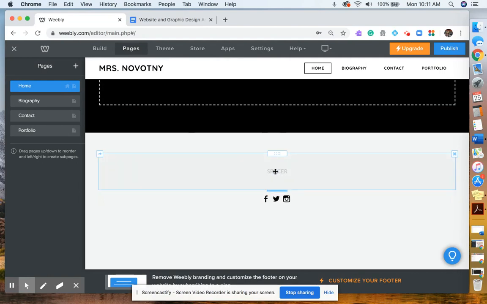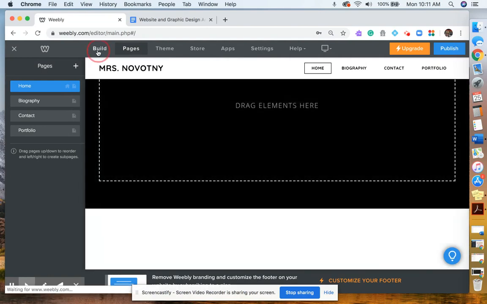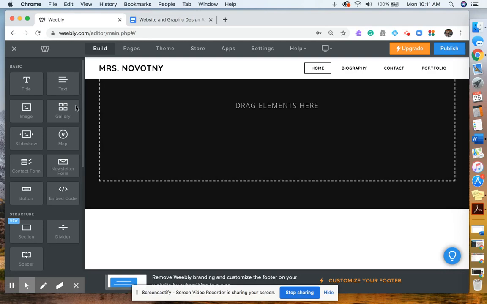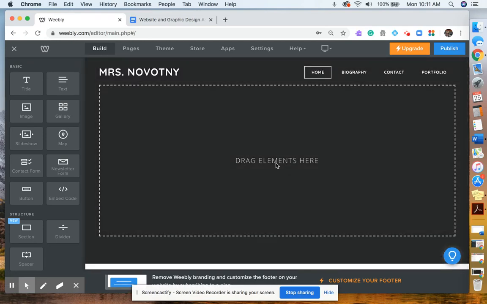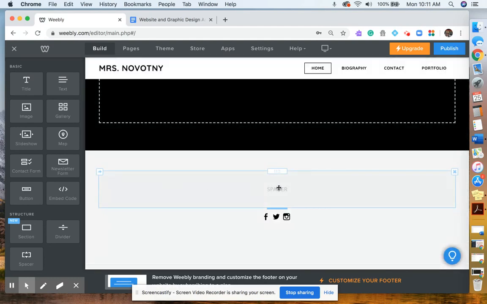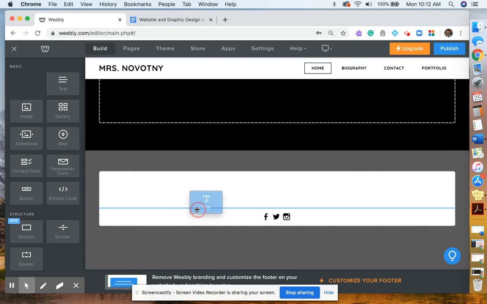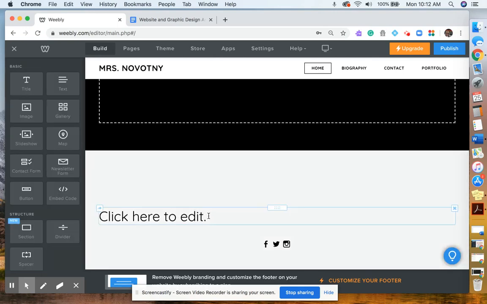could at some point. Notice here on your build page, you have the option of dragging in different elements. So if I wanted to put something here, which I'll show you in Canva tomorrow, you would drag it in here or you can select it. If I want to add something down here, for example, notice there's a spacer in there right now, which is fine. I can keep that. But maybe I actually want to add in some kind of title of some sort. Maybe I say,